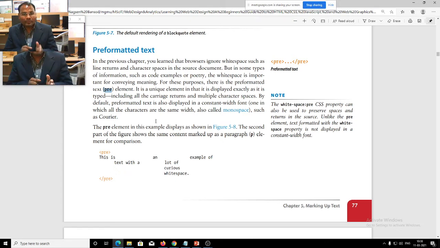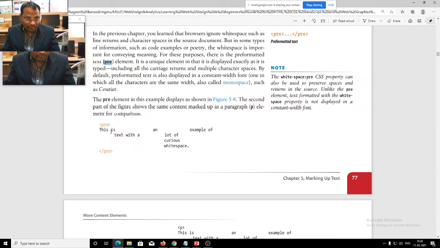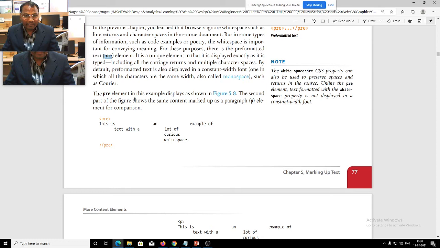By default, preformatted text is also displayed in a constant width font, one in which all the characters are the same width, also called monospace, such as Courier. The pre element in this example displays as shown in figure 5.8.